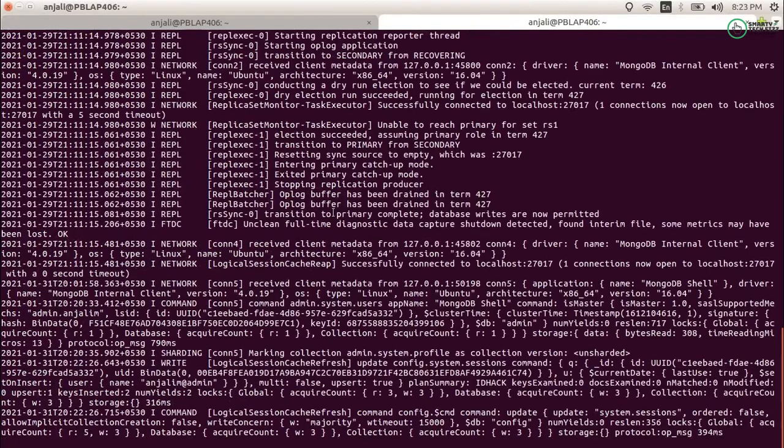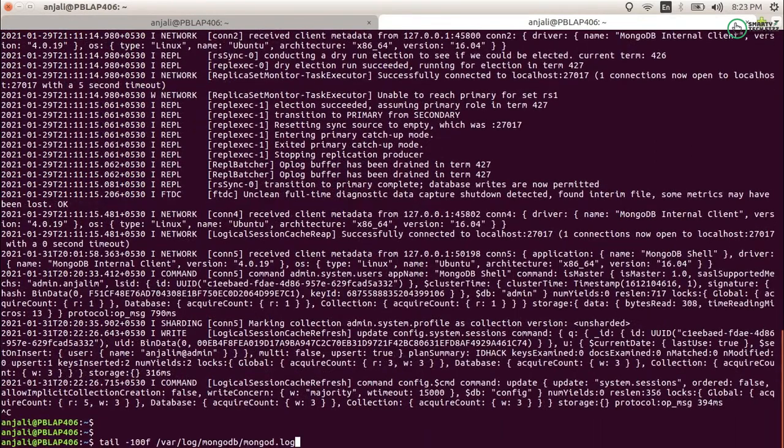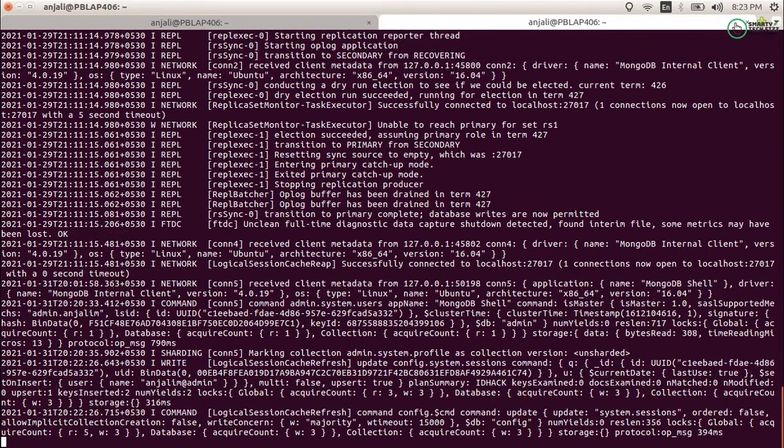That is like this. You can see I have checked the mongodb.log. You can find this path from the mongodb.conf file. I have already mentioned where you can find the conf file and where you can find the MongoDB log path. So here you can see the slow queries that are running with the collection scan, that are running without indexing. What are the queries that are taking more time, right?